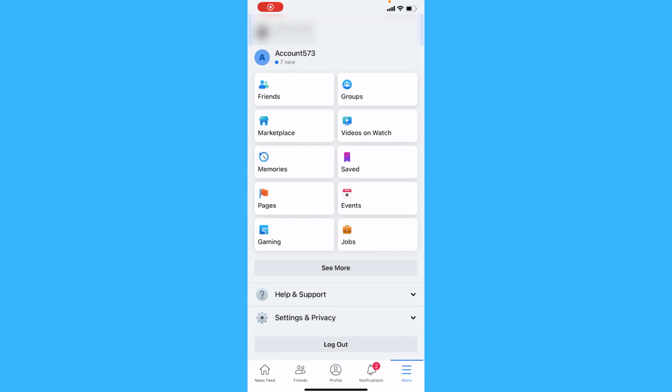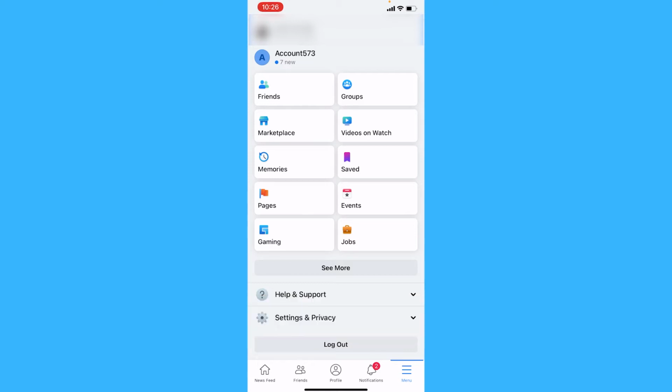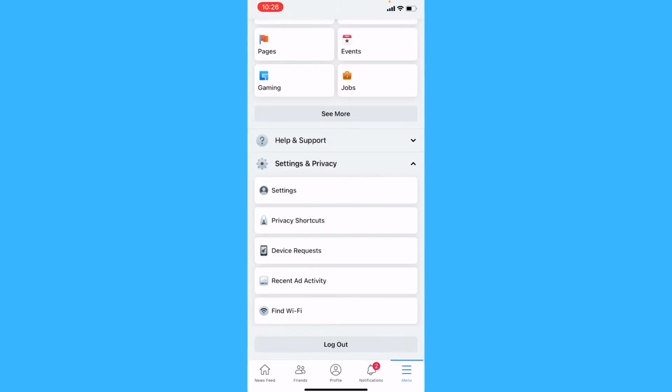In this video, I'll be showing you what to do if the Add Friend button is not showing up on Facebook. So this is due to a setting that the person you're trying to add has on, which is here. You go to Settings and Privacy, Settings,